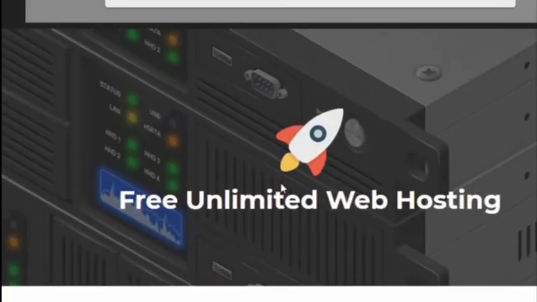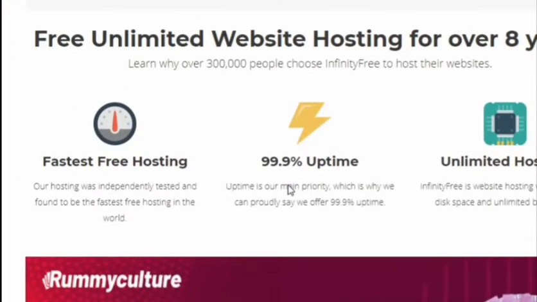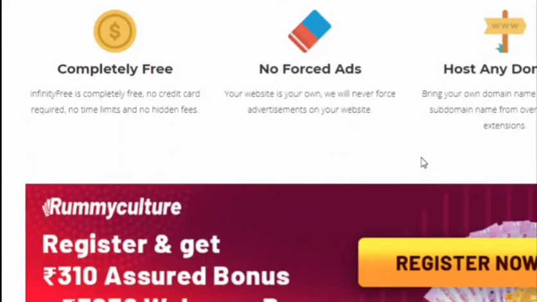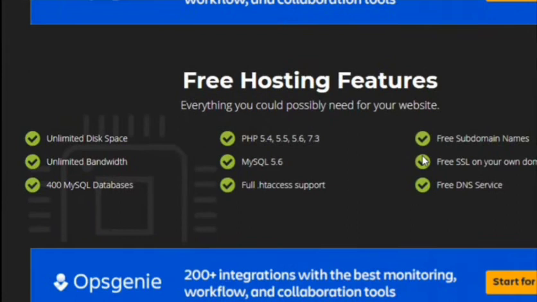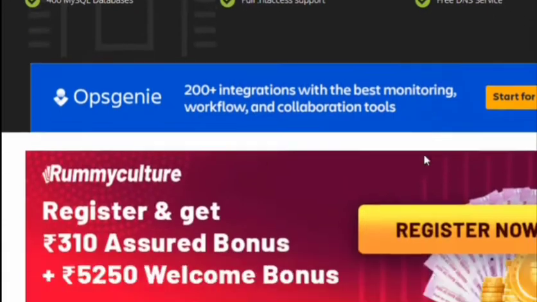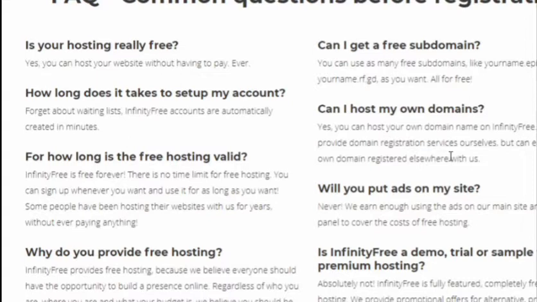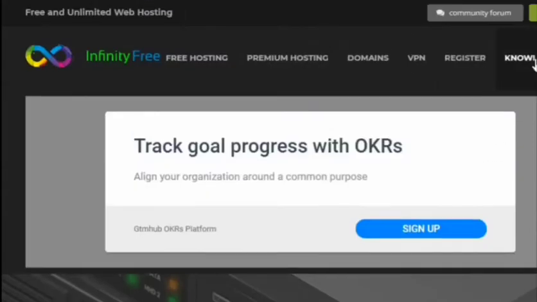So yeah, this is the website. Its name is infinityfree.com. This is the website with which we are going to create a website for free. It's a website builder. They provide 99.9% uptime and it's completely free. They don't post any ads on your website after you start with it, and the hosting and everything will be free. As you can see on the screen, it gives you unlimited disk space and unlimited bandwidth. So I think this is much better for a free website to get started with your initial blogging or initial website, but you can upgrade at any time.